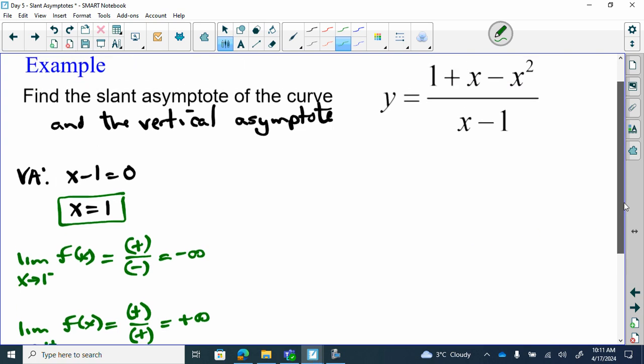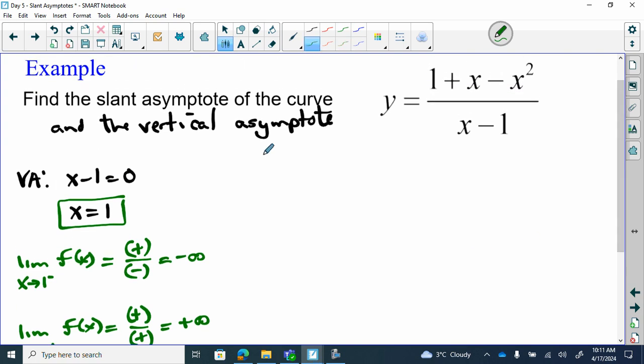How do I find the slant asymptote? How do I know it has a slant asymptote and not a horizontal? The degree of the numerator is 1 more than the degree of the denominator. That's right. That means I've got a slant. And to find that slant asymptote, I am going to divide,